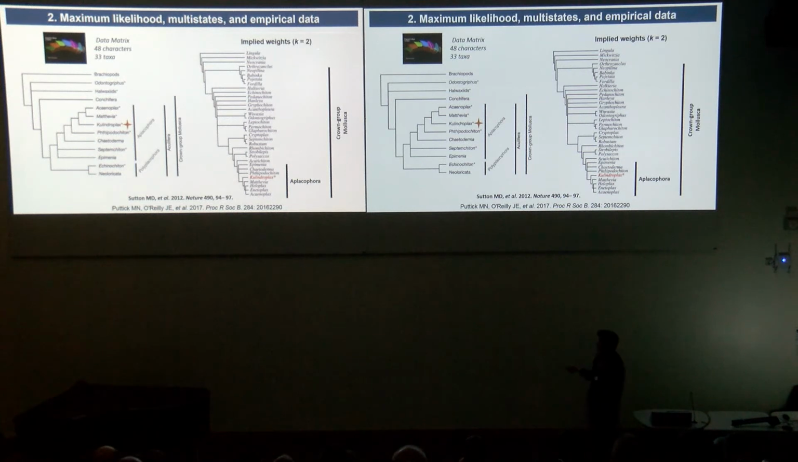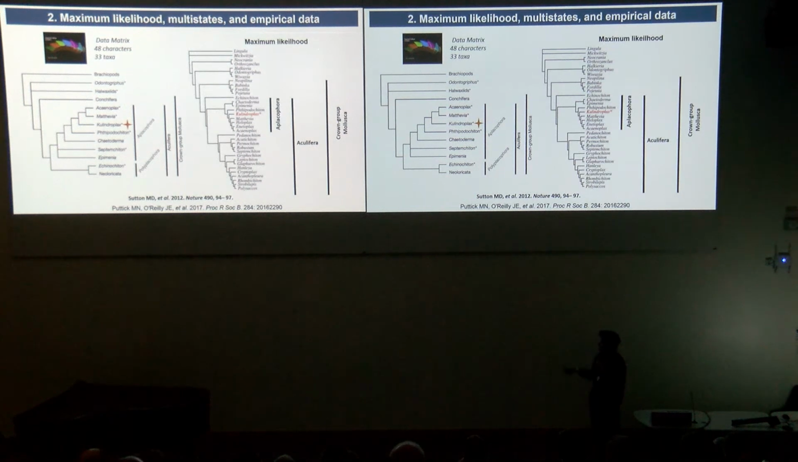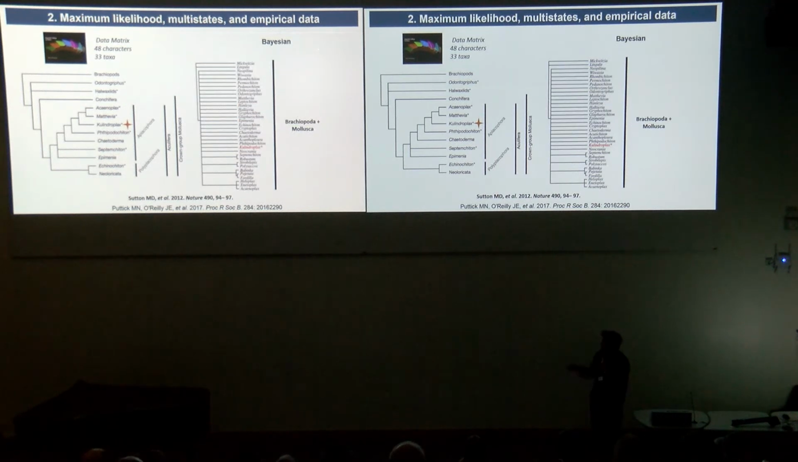And if you use implied weights, we pretty much get identical results to the original authors. Equal weights parsimony gives similar results with a little bit less resolution. Maximum likelihood, again, is very congruent with the original study. Then if we turn to Bayesian, we basically get a rake. And this is what we would expect, because in our simulations, we've shown that there's no